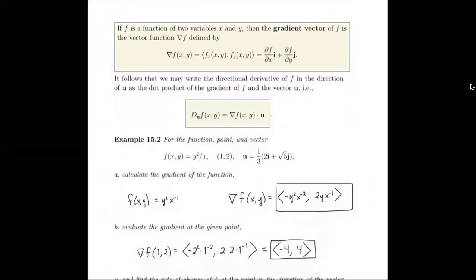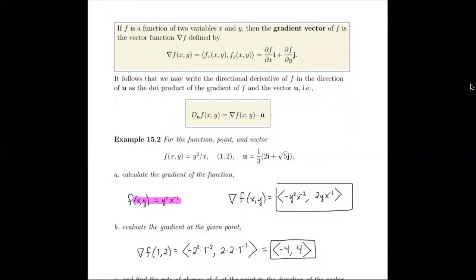So for the function f of x, y equals y squared over x, and the point (1, 2) and the vector u equals this mess, we're asked to calculate the gradient vector of the function in part A. So let's handle that. The gradient vector for the function f of x, y equals y squared x to the negative